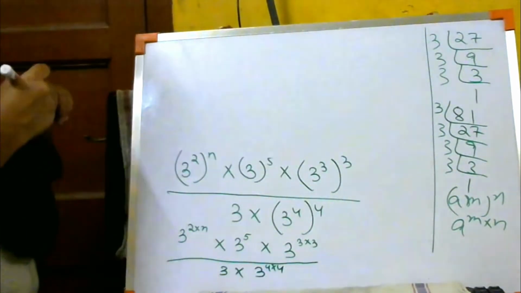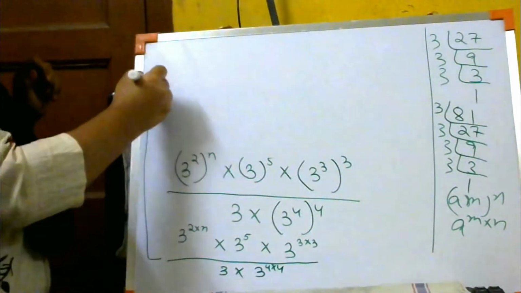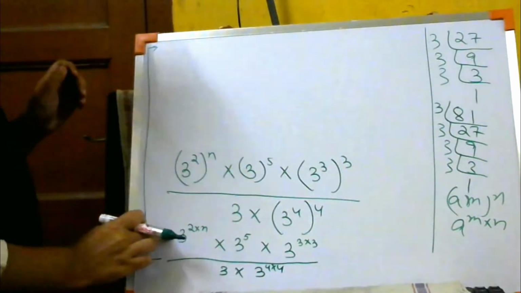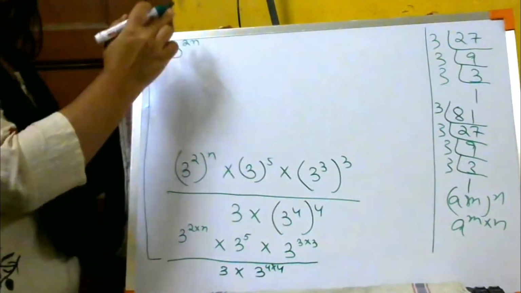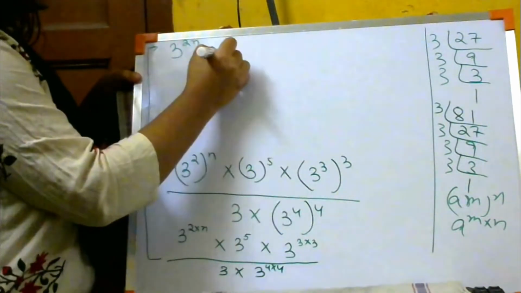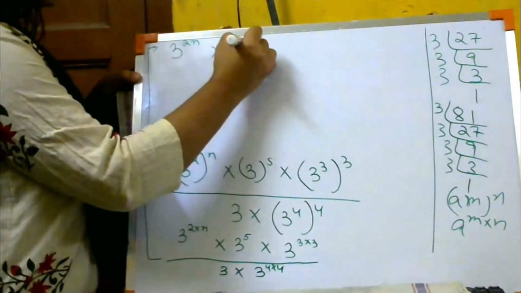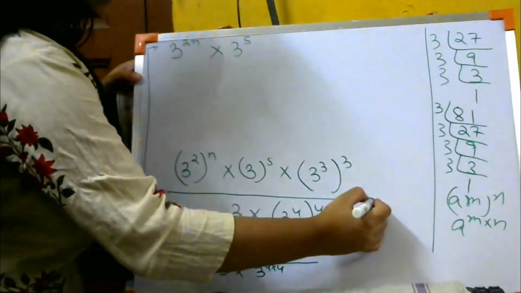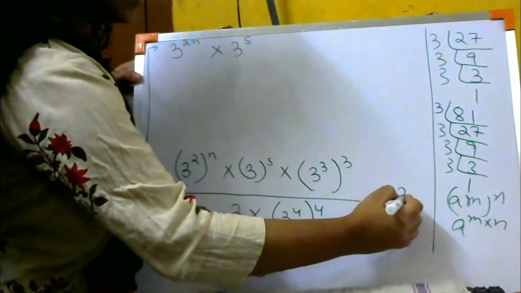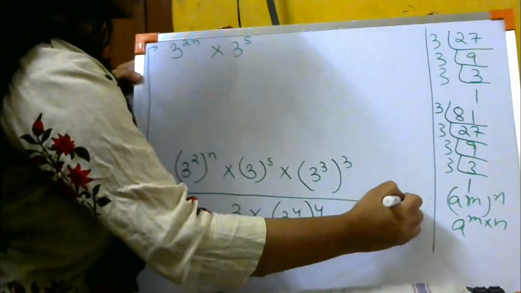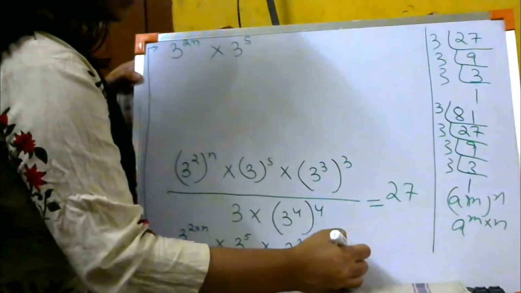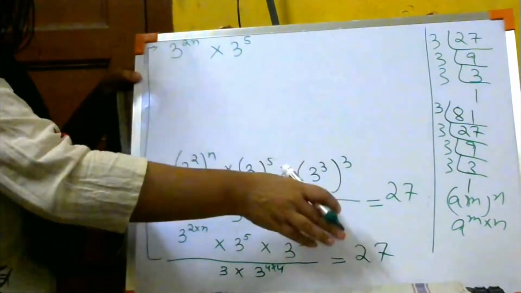Now let us continue this sum. From here I am sending it to the top. So 3 to the power 2n we can write 3 to the power 2n. 2 into n को हम लोग 2n भी लिख सकते हैं. Into 3 to the power 5 जैसे वैसे रहने दो. ओ अच्छा, equals to यहाँ पे भी 27 था ना. So we can write 27 over here. Let it be like this. Otherwise people will get confused. Equals to 27 जो था उसको ऐसे रहने दो.